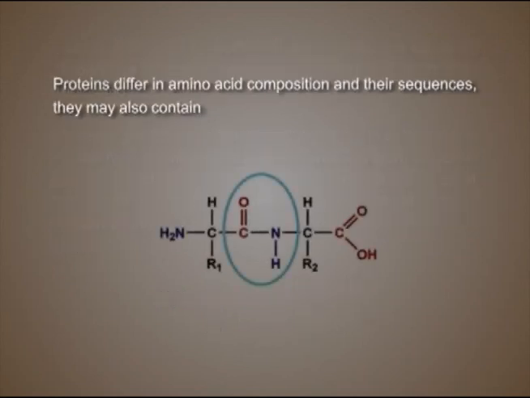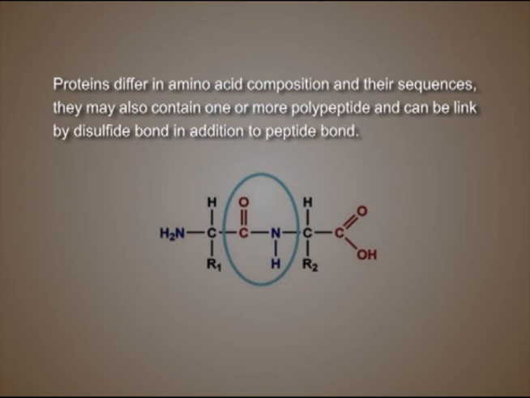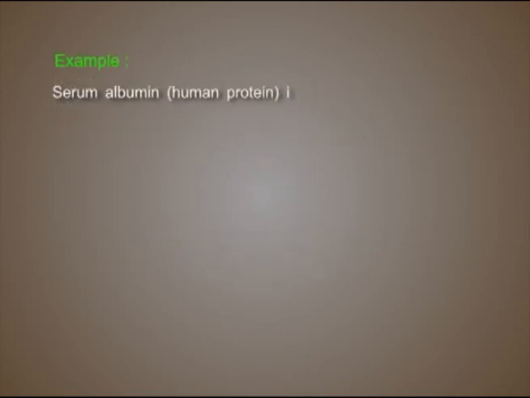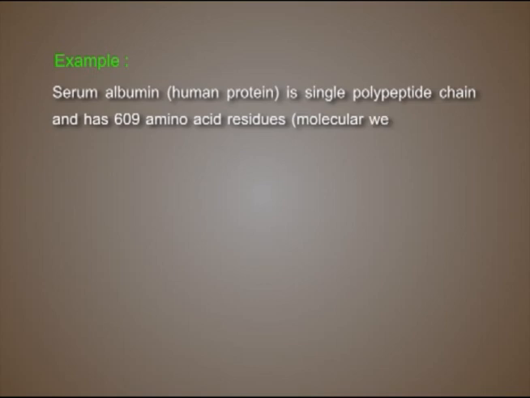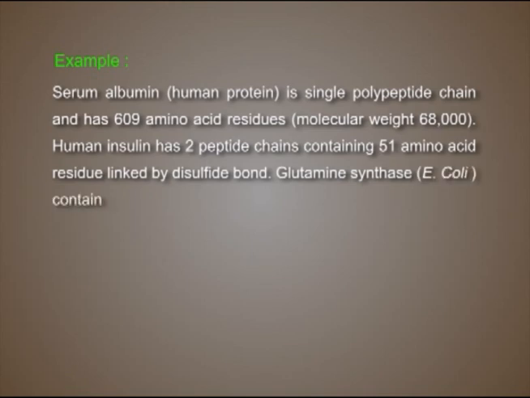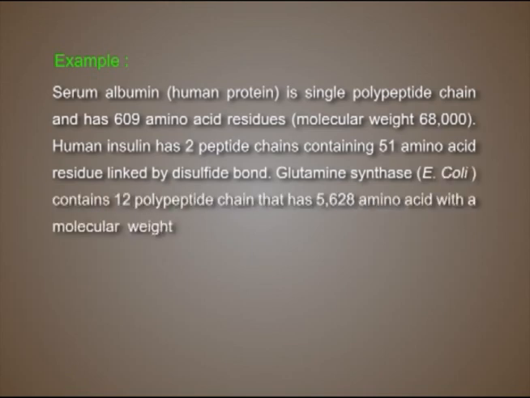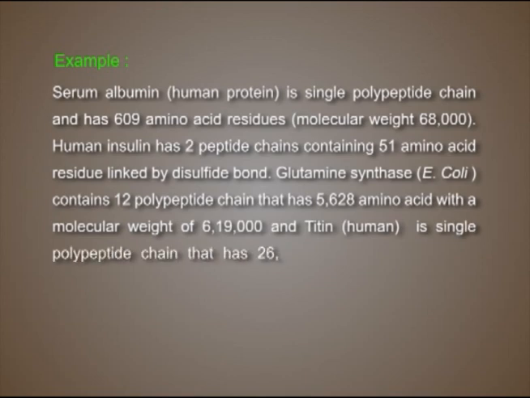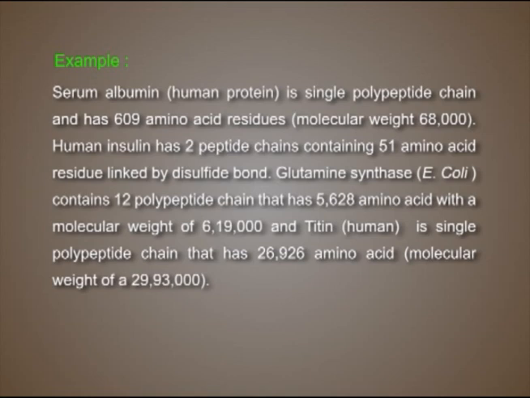Proteins differ in amino acid composition and their sequences. They may also contain one or more polypeptides, which can be linked by disulfide bonds in addition to peptide bonds. For example, serum albumin, a human protein, is a single polypeptide chain and has 609 amino acid residues, molecular weight of 68,000. Human insulin has 2 peptide chains containing 51 amino acid residues linked by a disulfide bond. Glutamine synthase in E. coli contains 12 polypeptide chains that have 5,628 amino acids with a molecular weight of